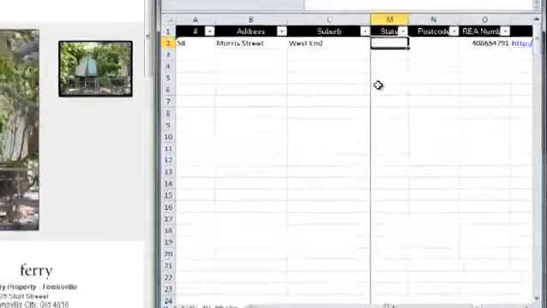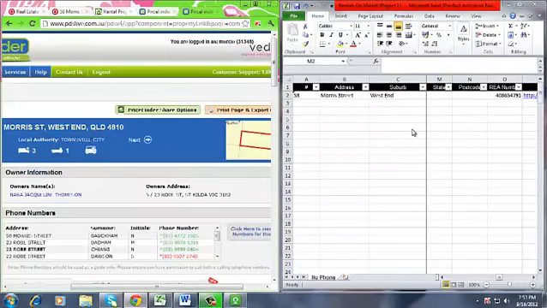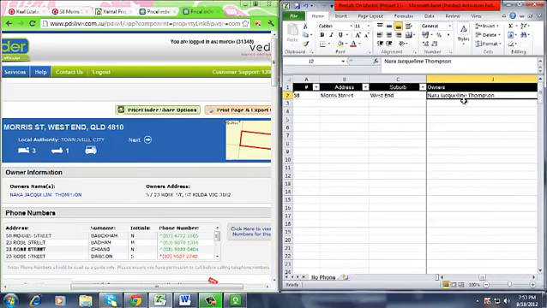Open the owner's details in Price Finder. Type the owner's name and the address. Don't copy and paste it. You need to type the details and make sure that the first letter is in capital letter. Like this.